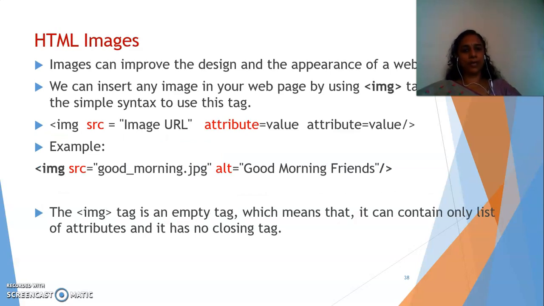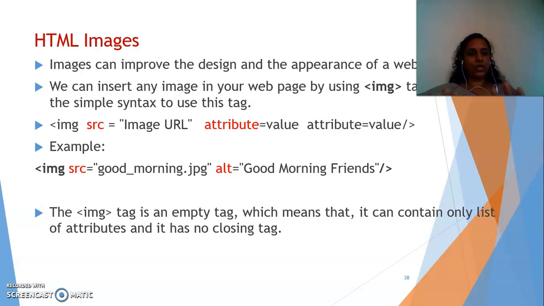Suppose you want to insert an image onto your web page. You can use a tag called img, blank space, src. Now src is the name of the attribute, followed by equals and the image URL. Wherever you want to take that image from, you should give that URL. And where is that image? The image should already be available on your standalone computer. Suppose you are using your laptop, so wherever your HTML file is stored, in the same folder you should keep these images as well. Then give the complete path of the image, and it will be displayed in this particular place.